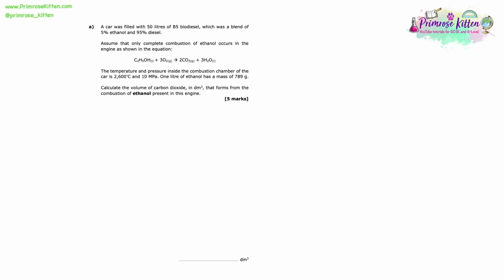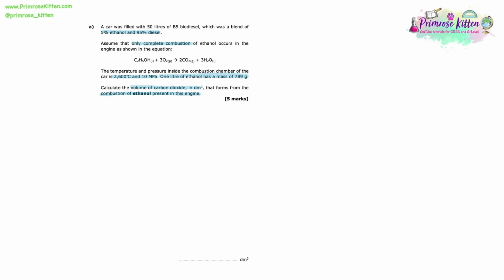A car was filled with 50 litres of B5 biodiesel, which was a blend of 5% ethanol and 95% diesel. Assume that only complete combustion of ethanol occurs in the engine, as shown using this balanced equation here. We're told that the temperature and pressure inside the chamber is 2600 degrees C and 10 megapascals. We're told that 1 litre of ethanol has a mass of 786 grams. We're asked to calculate the volume of carbon dioxide in decimeter cubed